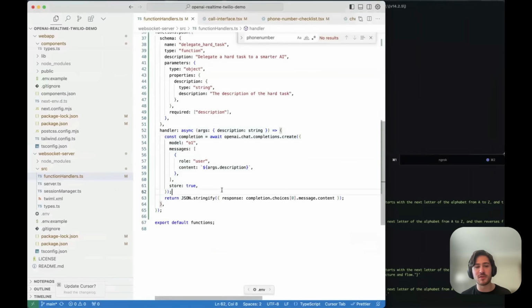Now the main difference between the real-time API here and what we were doing before is that the real-time API does actually allow asynchronous functions natively. So the model can call a function, get no response, and you can keep talking with the model until a response is back.